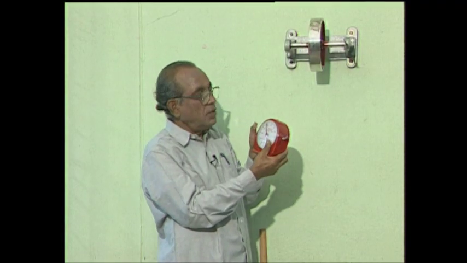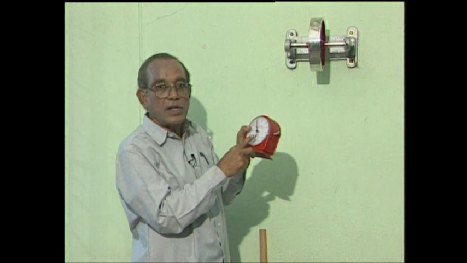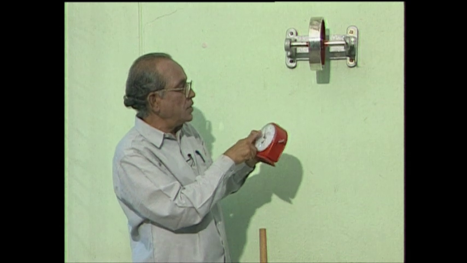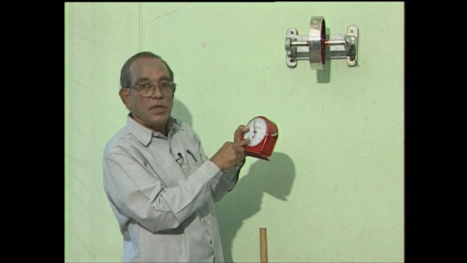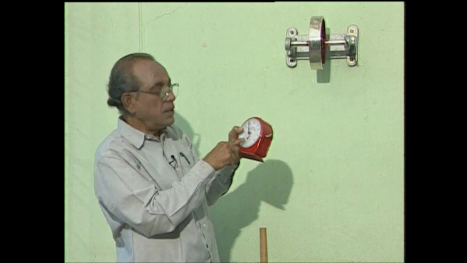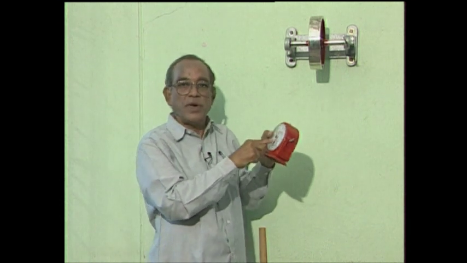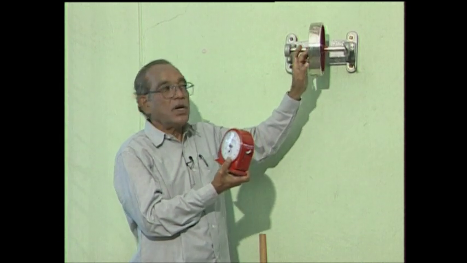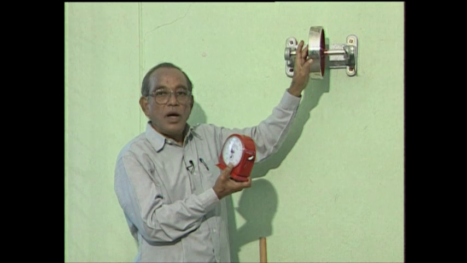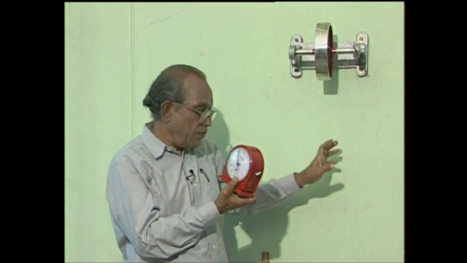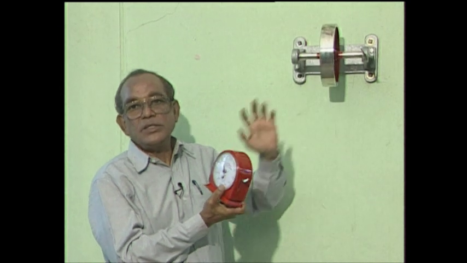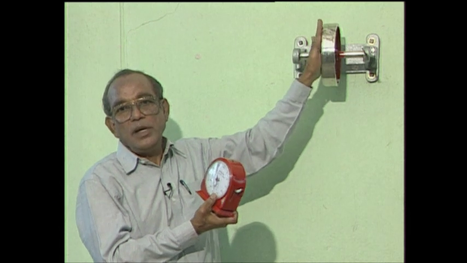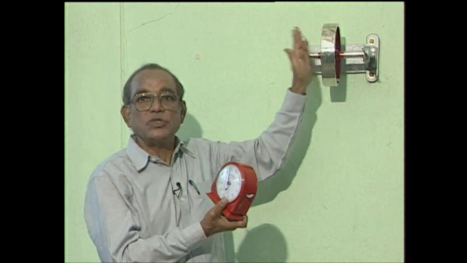So, N2 we have recorded as 124 revolutions, and the time taken for it is 2 minutes 55 seconds. We will convert it into seconds, that is 120 plus 55, 155 seconds. One thing, we have to take the number of revolutions N2 at the time when the weight touches the ground, then the stopwatch is started, and from then on the number of revolutions made by the wheel is counted till it comes to rest.